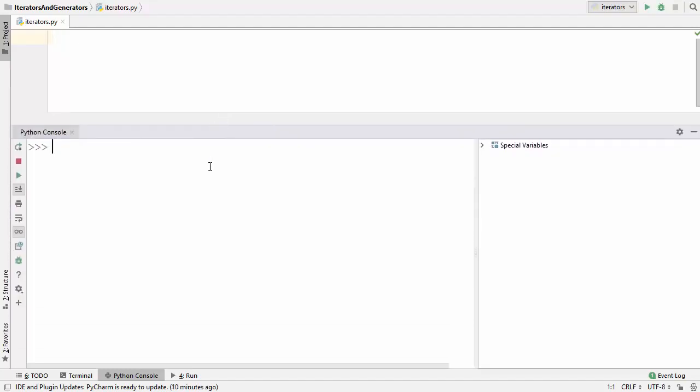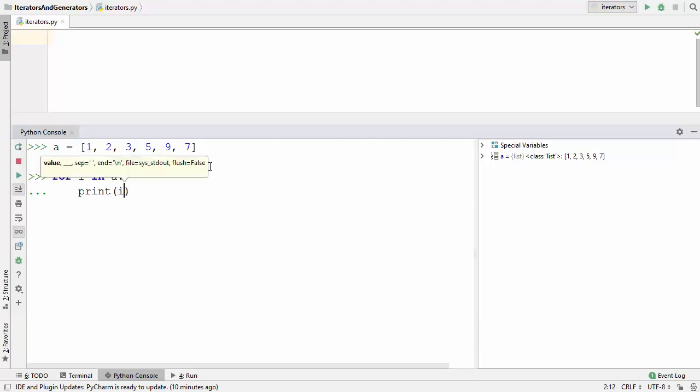So till now, what we have learned is, for example, I'm going to declare a collection, which is a list in this case, and I'm going to just add some values inside the list. And once I declare the list, I can iterate over this list using a for loop. So let's say for i in the collection name, and then you can just write print here to print each and every value of this collection A. So this for loop iterates over each and every element in the collection and then prints the value